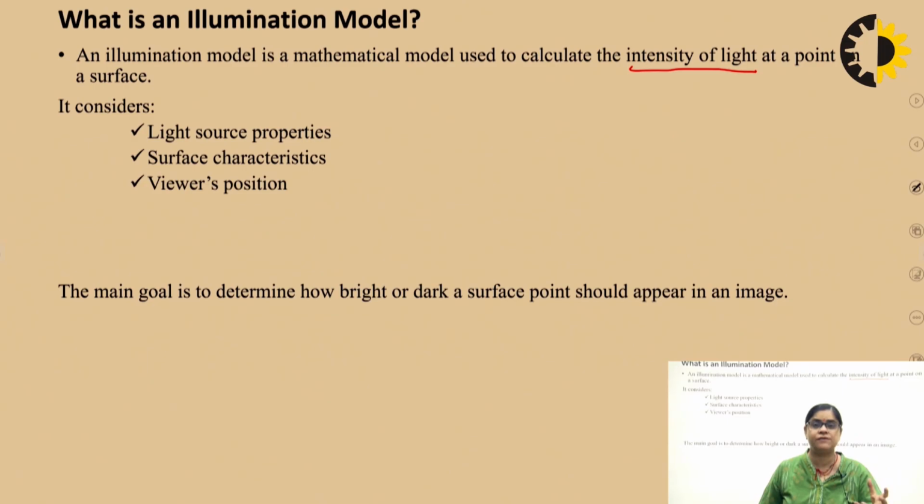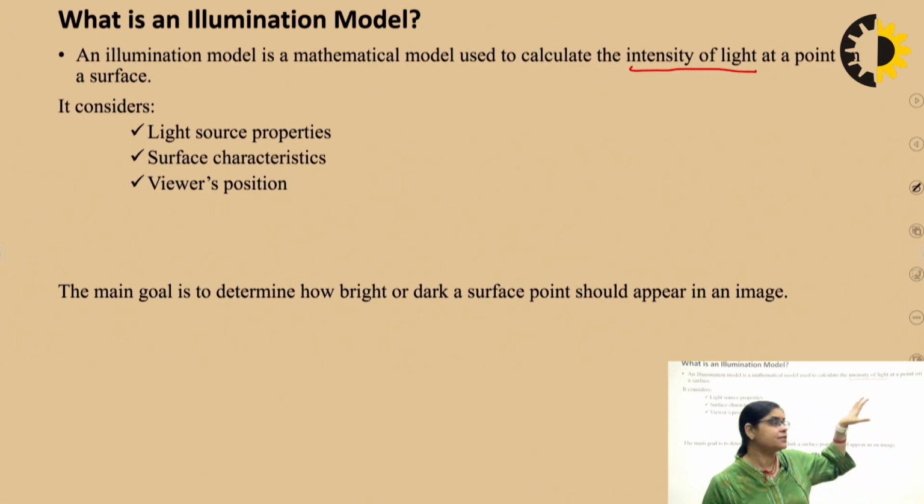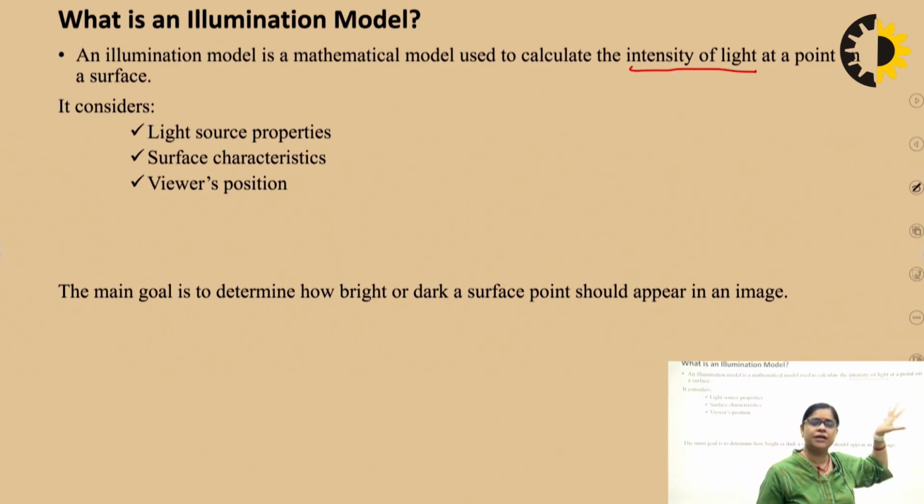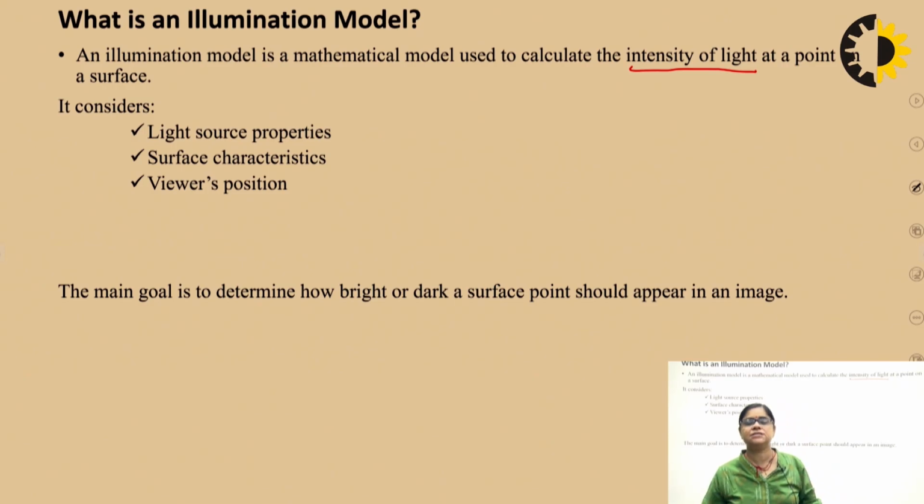The prerequisite for all of you studying graphics is that you should know maths, at least 12th-level maths, because you will find this intensity of light, which you have studied in 11th and 12th physics. So the illumination model is a mathematical model in which we calculate the intensity of the light falling at a point on a surface. And this